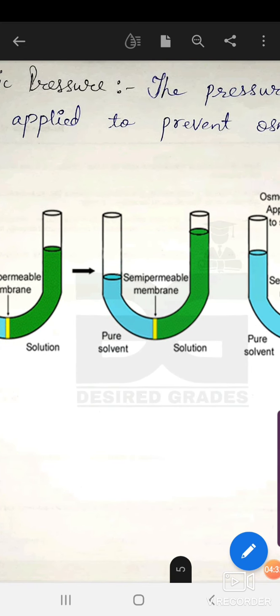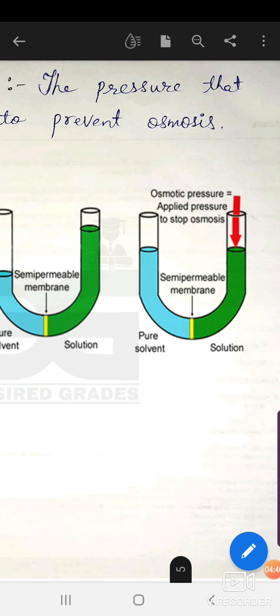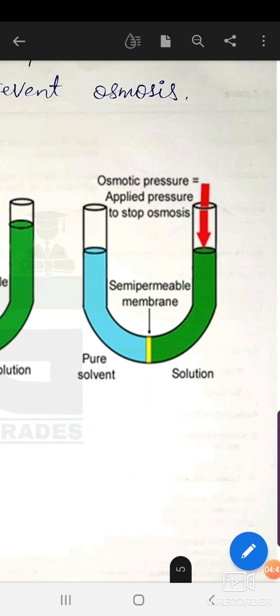Now the pure solvent will start entering the solution. If we do not want this to occur, we will apply external pressure on the solution side so that there will be no entrance of the solvent. Such pressure we call osmotic